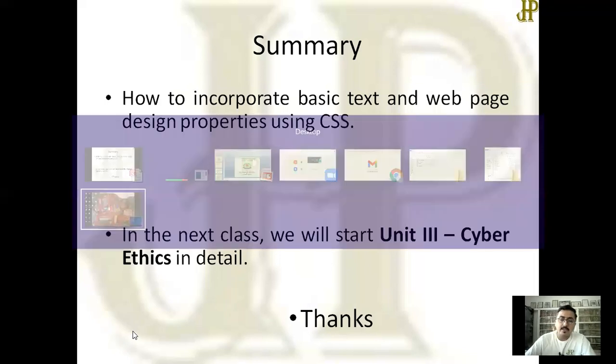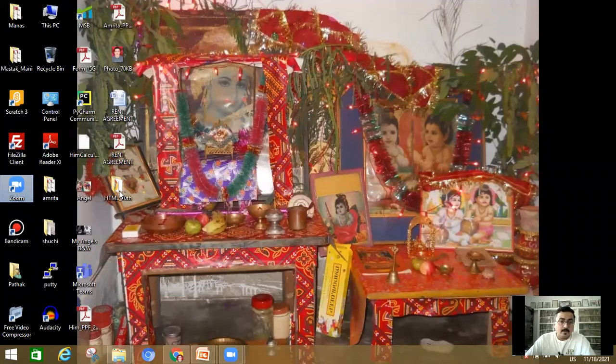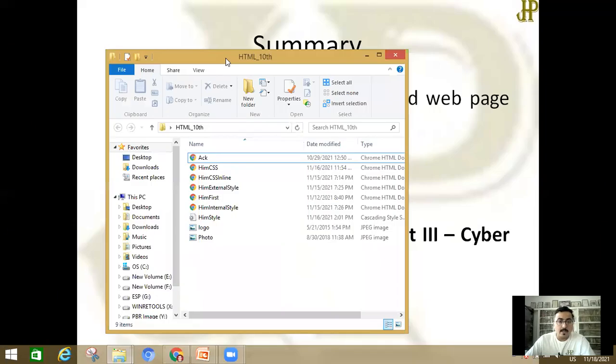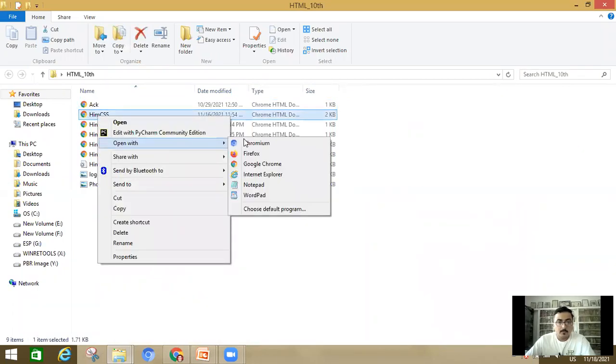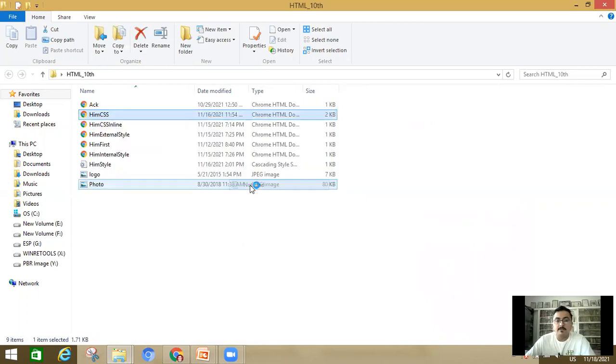I have already created a file where I have put everything that I discussed today. Right click, open in Notepad.